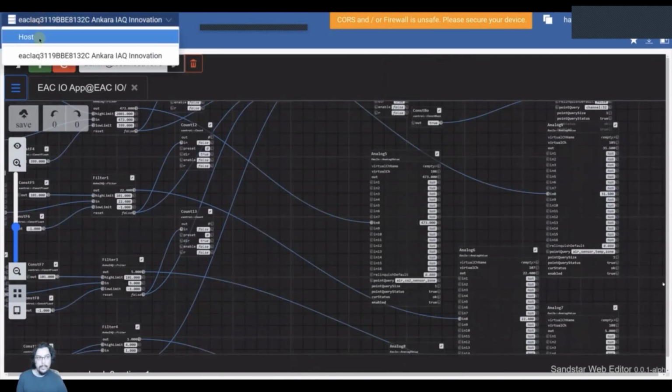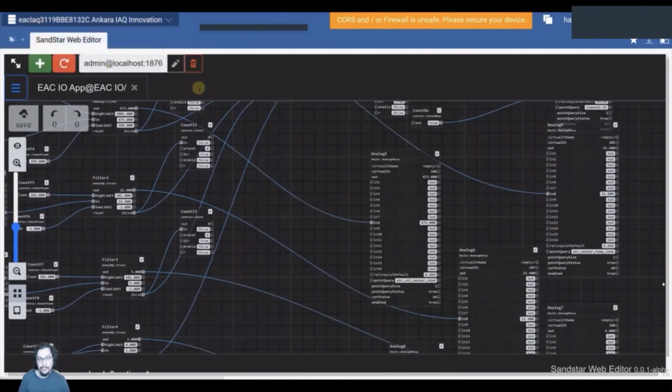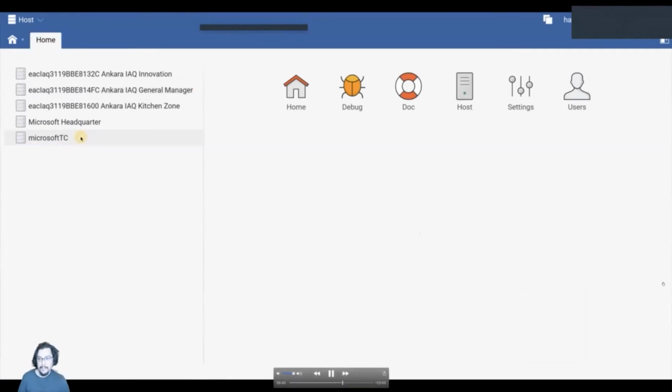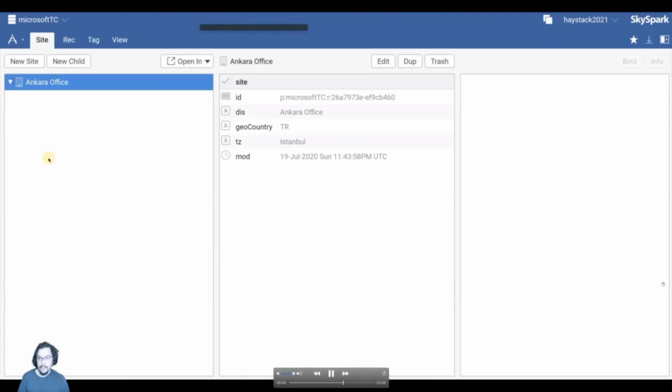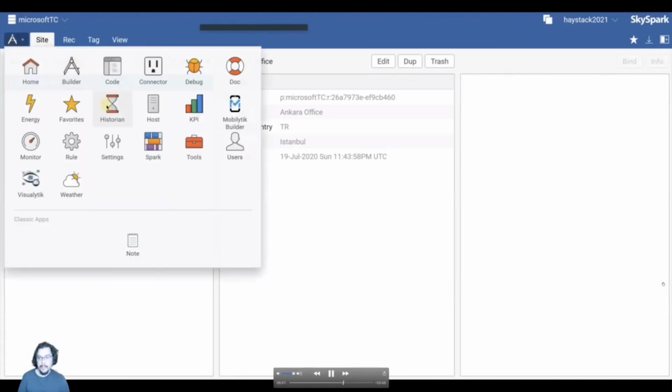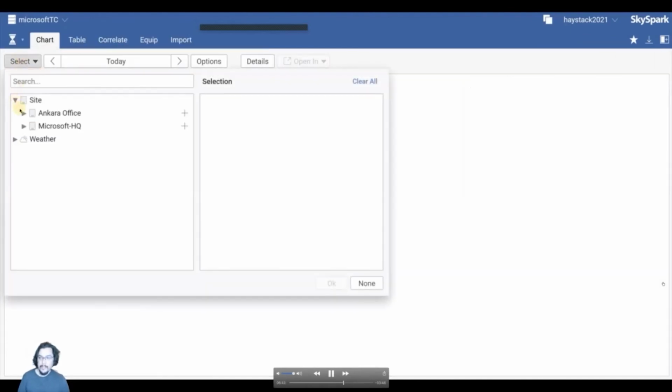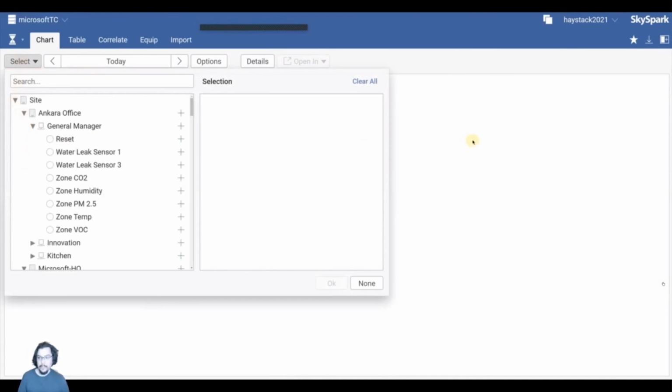So what we are going to do next is go into the host, and we're going to look into the master project and how that is laid out. If you look at the builder, there's only a single site and there's nothing else. So what is happening here is dynamic navigation is being generated for us to look at all this data. So this is pretty much it on the SenStar Web Editor.